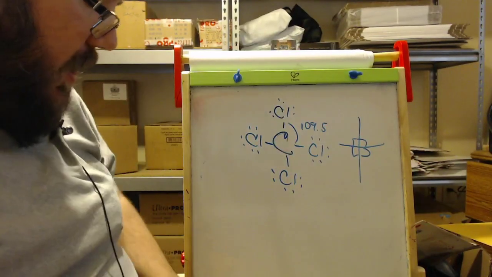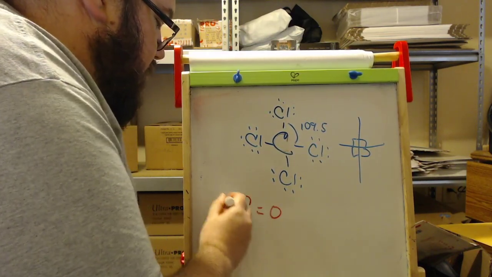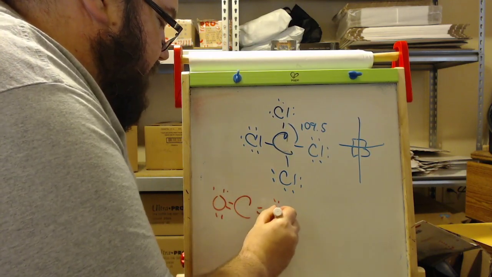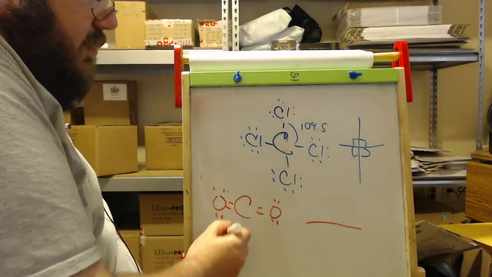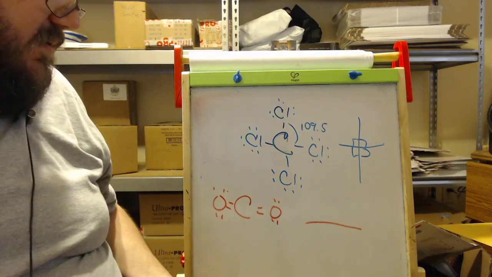But if I want to make CO2, well, I better be 180 degrees and be a straight line. And carbon just knows to do this. So what I tell my class all the time is, and I don't mean this in a bad sense, but we're all insignificant. We don't matter.